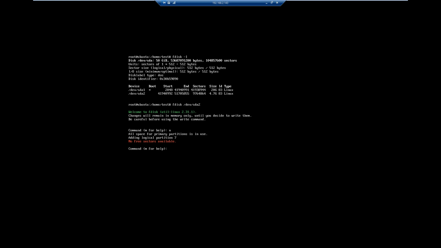Adding logical partition 7, no free sectors are available. So it's basically saying to me that I can't create it. So I'm going to quit. All right, and I'm going to clear my screen. Then I'm going to do